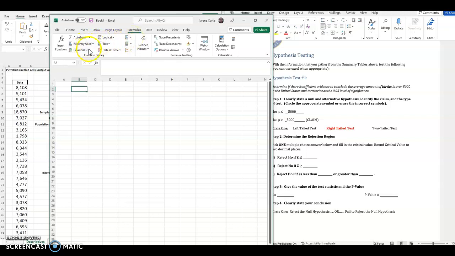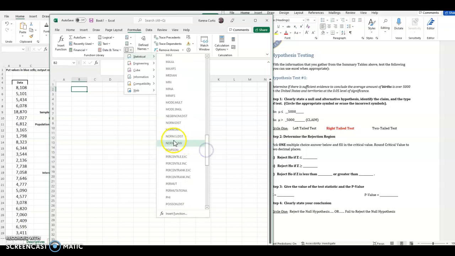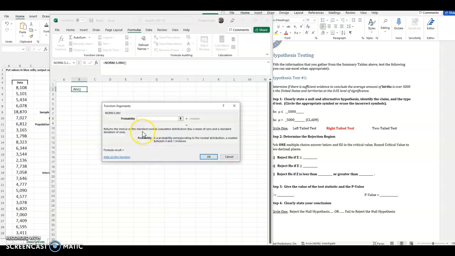Then you can browse to statistical, and you go all the way down, and you're going to use this NORM.S.INV, which means that you have a standard normal distribution. And all you have to do is click on that, and it wants the probability